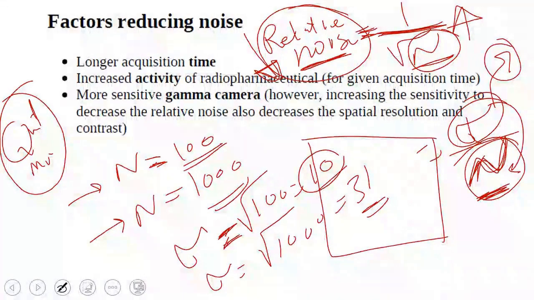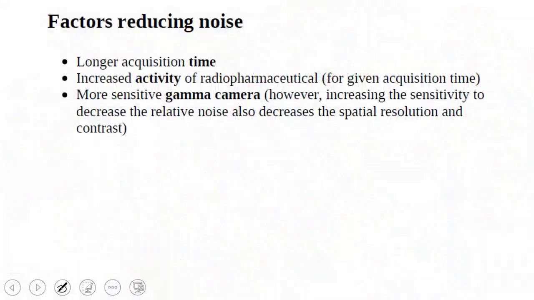We might have talked about this before. In the previous lectures, you will find the difference between relative noise and statistical noise explained, along with the equation. So, the noise here in nuclear imaging acquisition is related to the activity and the sensitivity of the gamma camera. But keep in mind, as we mentioned before, that with an increase in